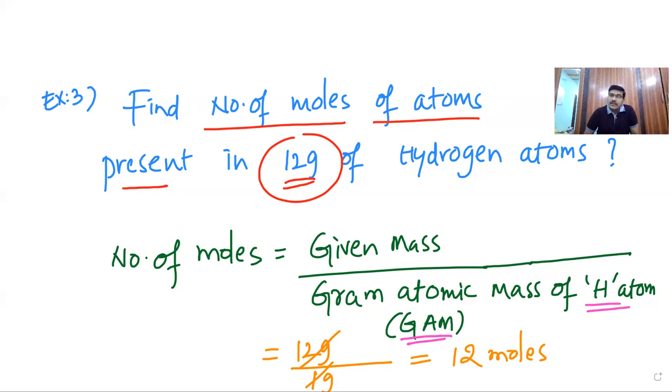Okay, right? So molar mass is nothing but the mass of 1 mole of atoms of an element, or simply the mass of Avogadro number of atoms of an element. Clear, right? Now, let me discuss